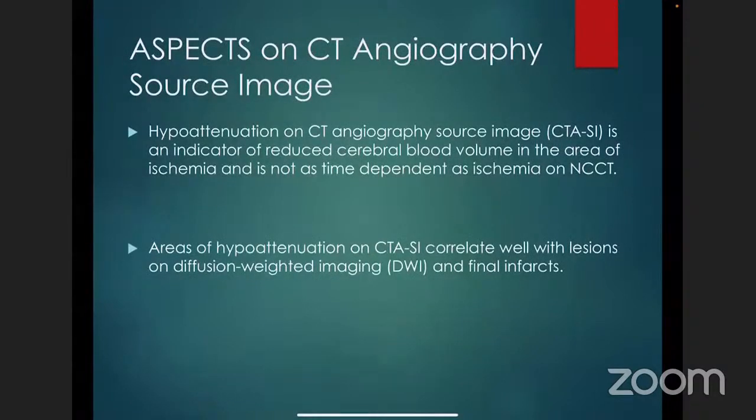Is there any evidence to check the ASPECT score in the CT angiogram? Actually, it will help you if you see the ASPECT score in the source images of the CT angiogram. The hypoattenuation on the CT angiogram source images is an indicator of reduced cerebral blood volume in the area of ischemia, and is not as time dependent as the ischemia on the non-contrast CT. Also, they found that the areas of hypoattenuation on the CTA source images correlate well with lesions on DWI, diffusion-weighted images